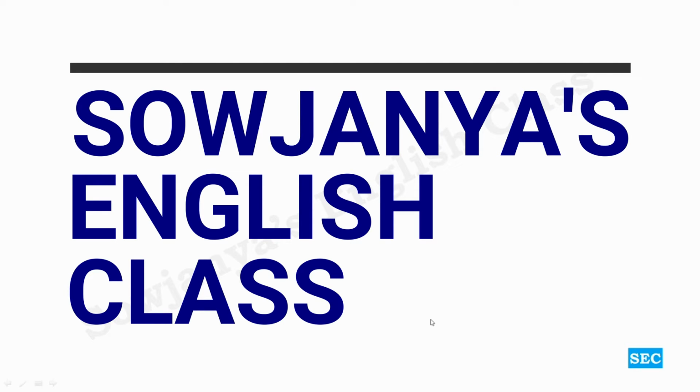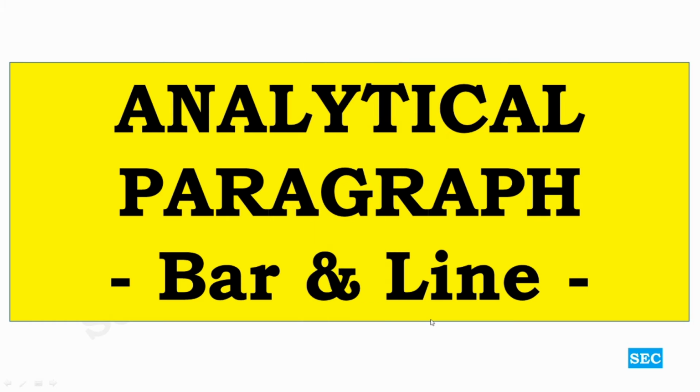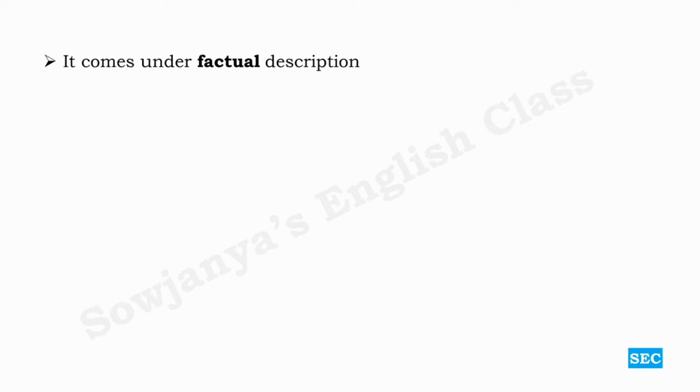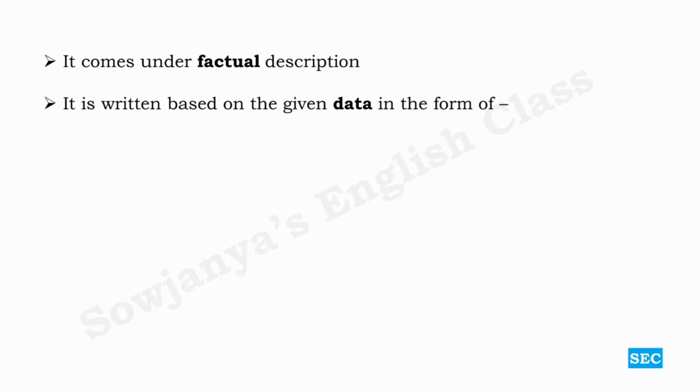In today's class, we are going to learn about analytical paragraphs, especially of bar and line graphs. An analytical paragraph or data interpretation paragraph comes under factual description. All we do over here is describe the facts. What are the facts that are given to us in the form of data? We will describe that. It is written based on the given data in the form of graphs, pie charts, or